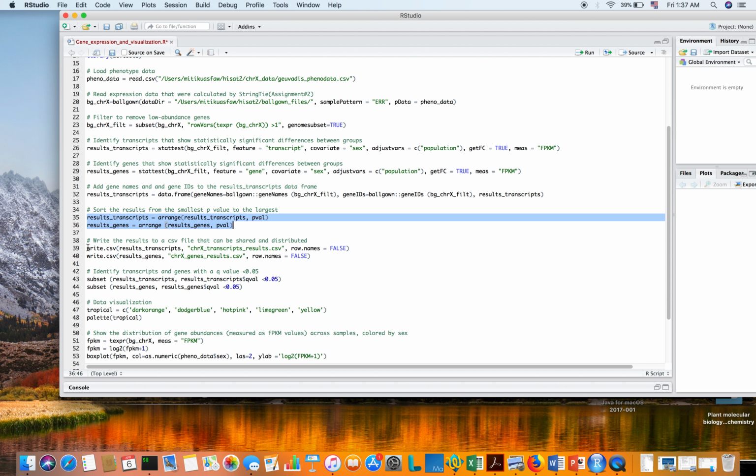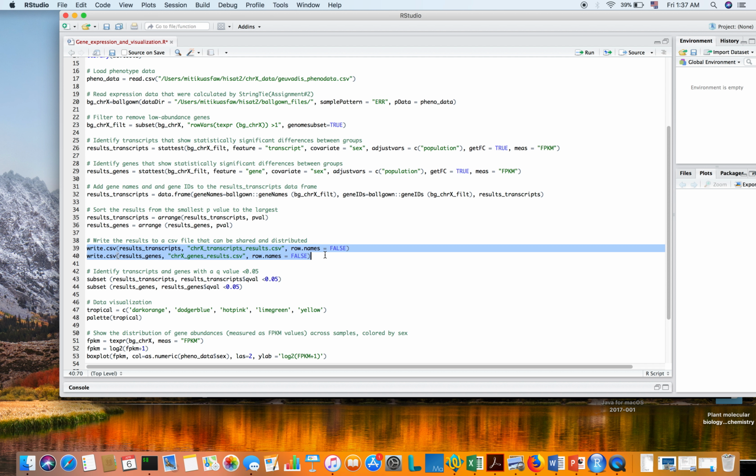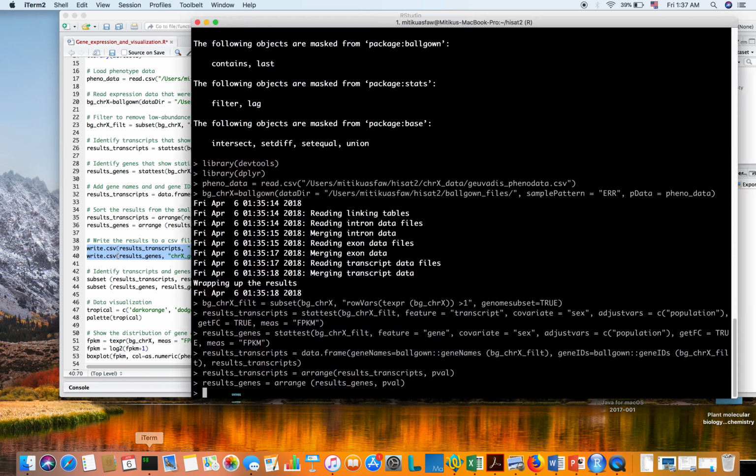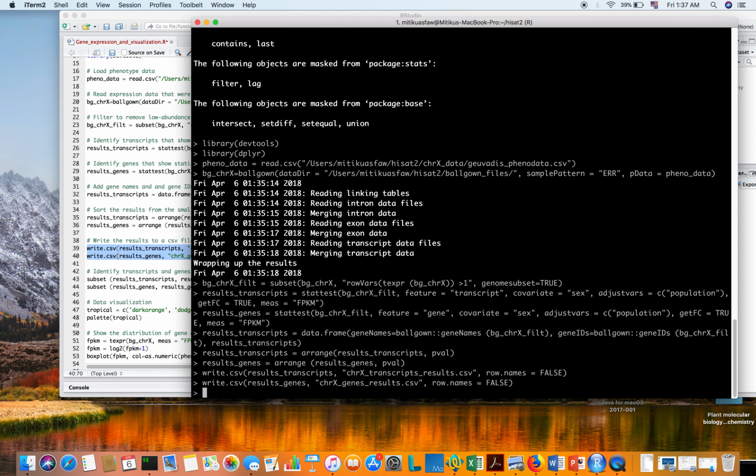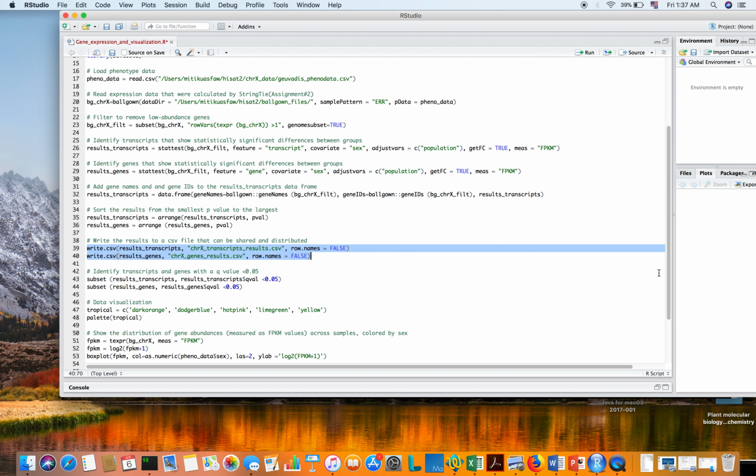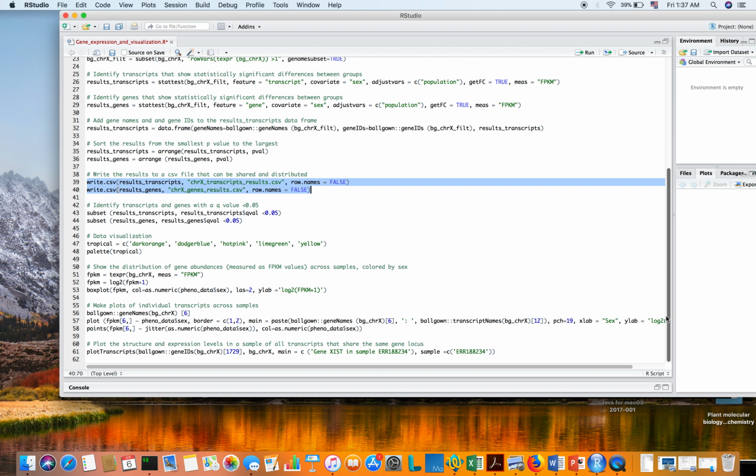And this is just the final step, just to write the gene and transcript results into the specified directory. So I will check and will show you whether the results are properly written to the specified directory. And then the next step will be